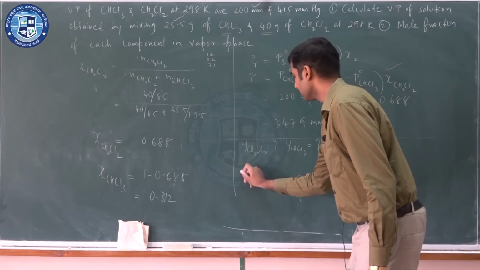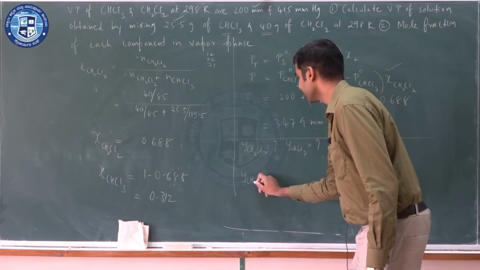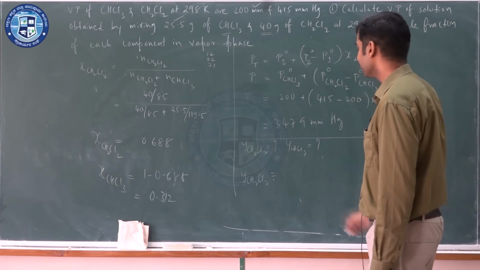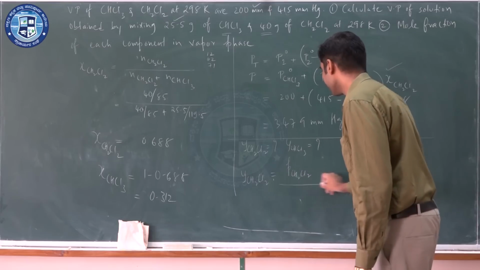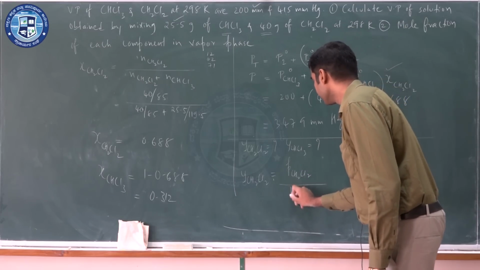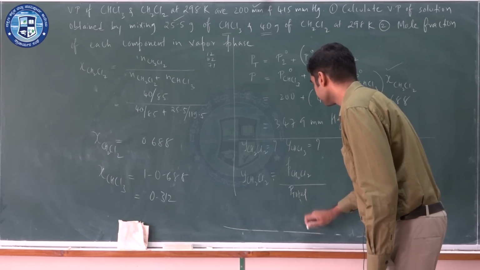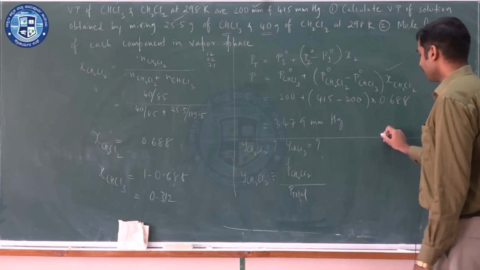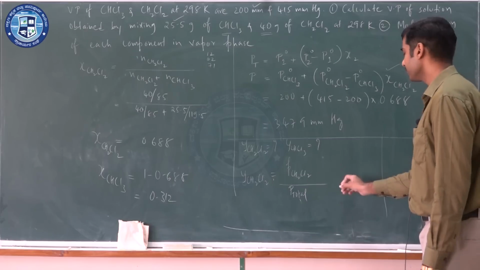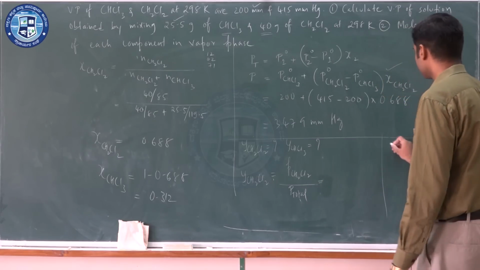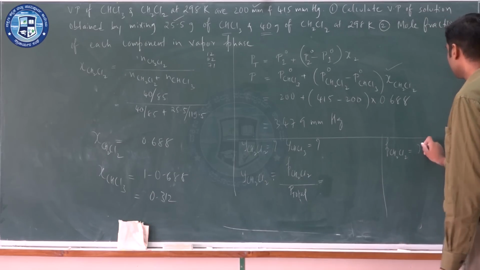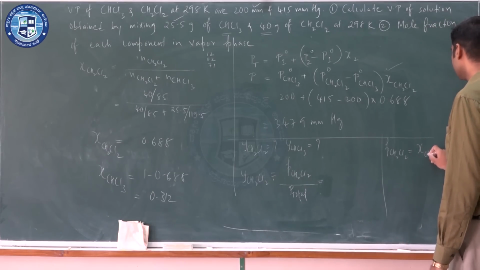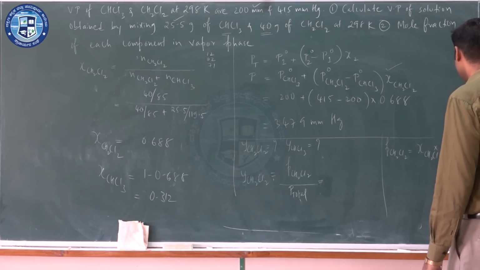and what I understand is the CH2Cl2 mole fraction will be given by the partial pressure of dichloromethane divided by the P total. Now, how much is the partial pressure of dichloromethane? How to get the partial pressure of dichloromethane? This can be obtained on the basis of Raoult's law. I have the mole fraction of component dichloromethane into